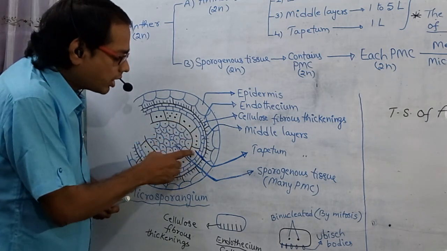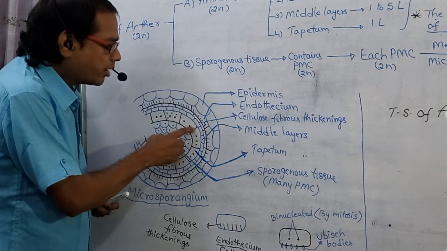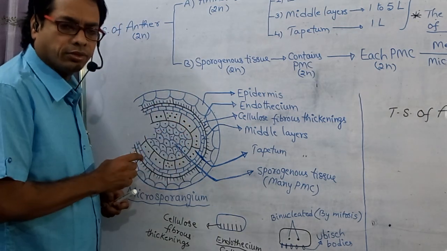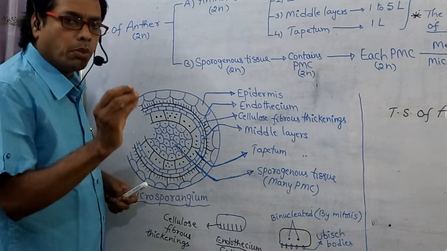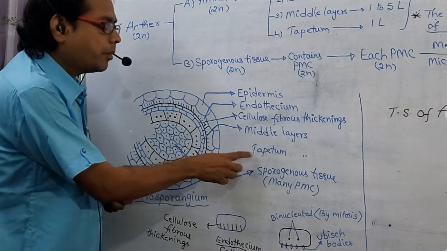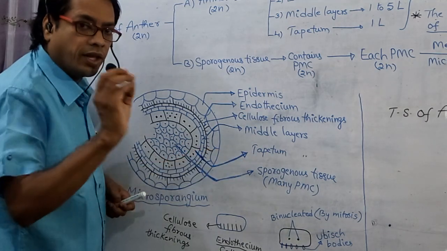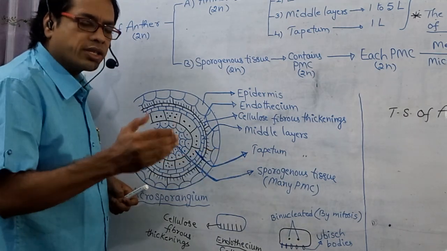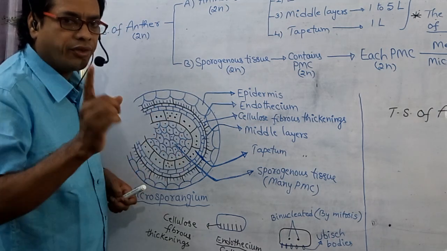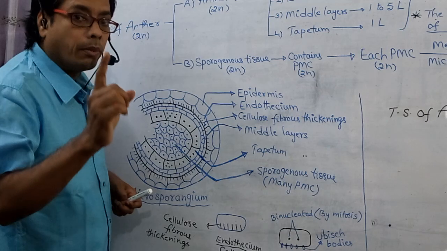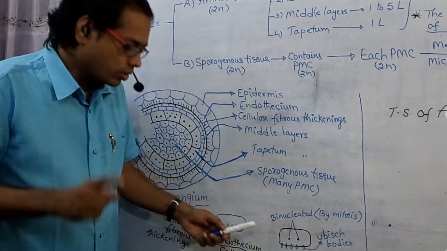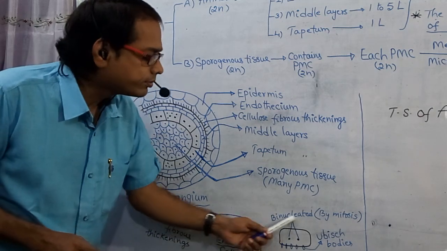See, look at this figure. This is the tapetal cell. Number of nuclei? More than one nucleus. Multinucleated condition is found in which cell? Tapetal cell. This is very, very important. How does the multinucleated condition form in tapetal cells? By which division? We have to say by mitosis.